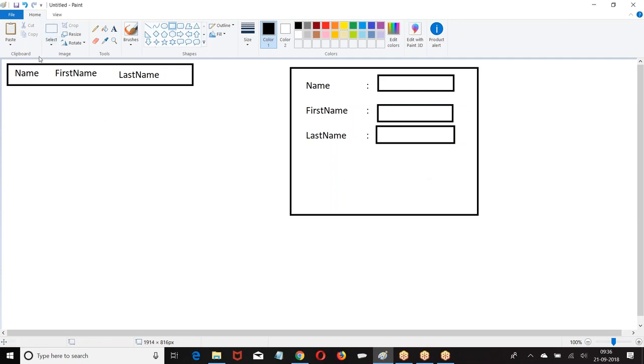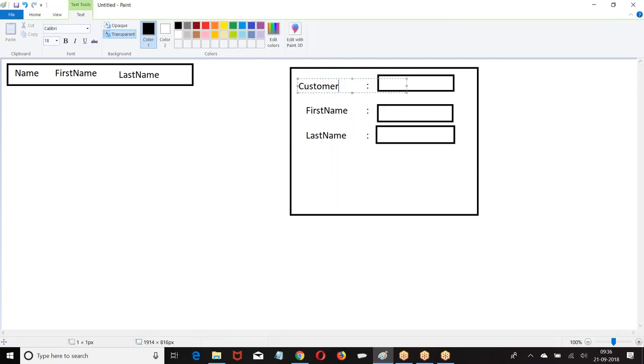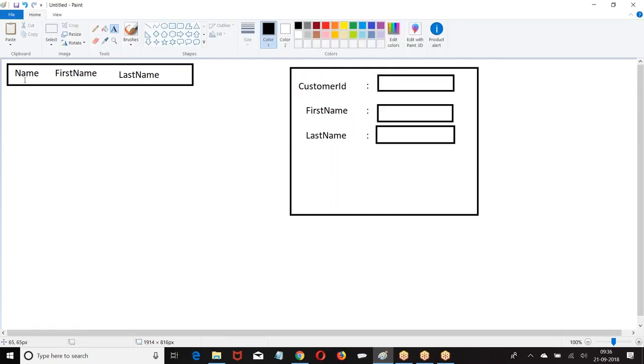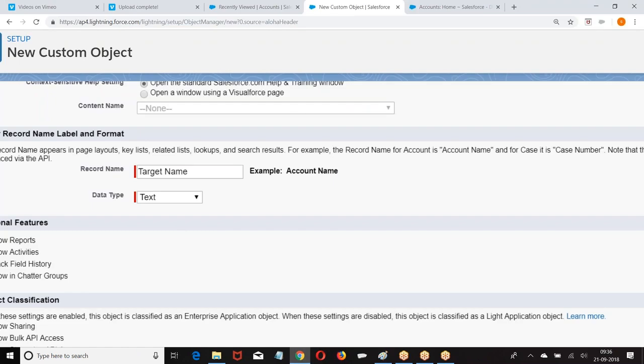So I have to convey the same. To tell the customer in this field what type of data we are storing, I'm giving this as customer. So what is the actual name? Name. In the table it is name, but while displaying it is what? Customer ID. So the label with which the name field should be displayed is called the customer record label.